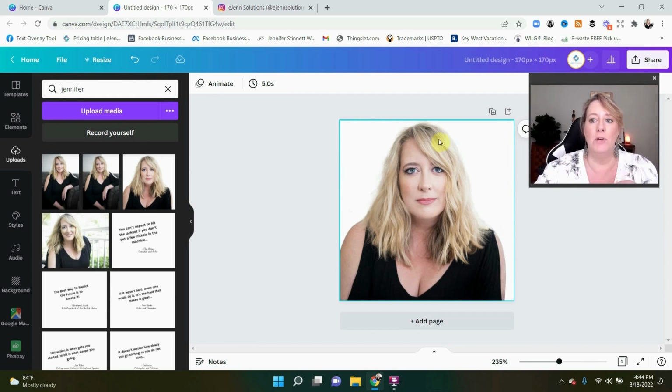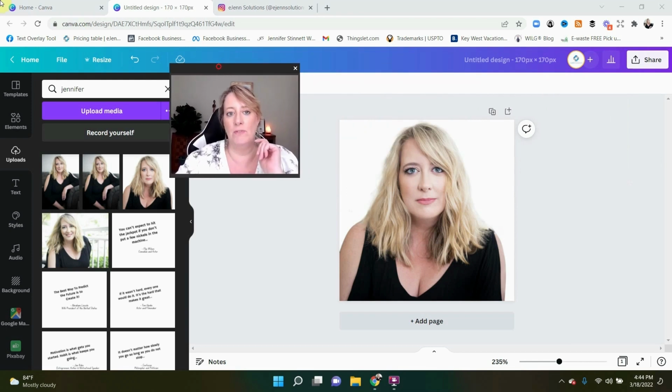Now, I am going to tell you a couple of major things, 2 tips. Make sure you have a high resolution picture, because you don't want to look pixelated in your profile pictures. That just would not be cool. That follows suit for both your logo and for your personal profile picture.